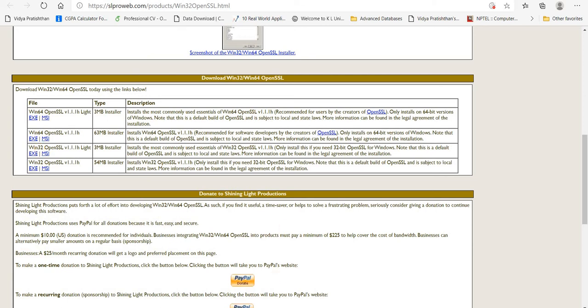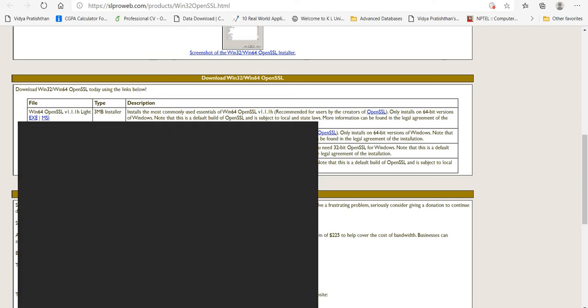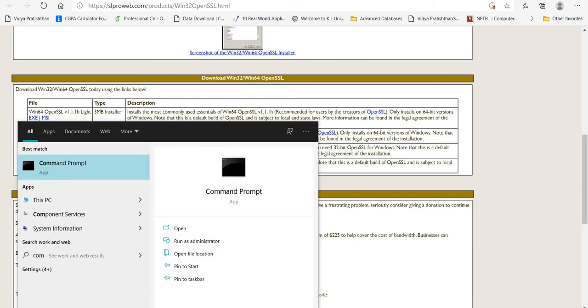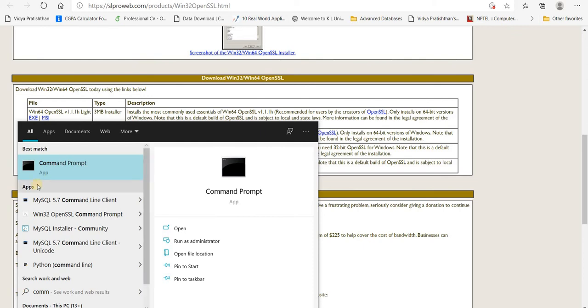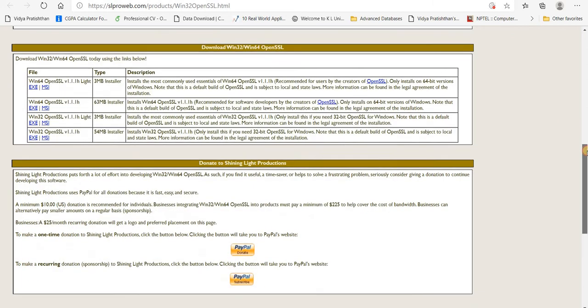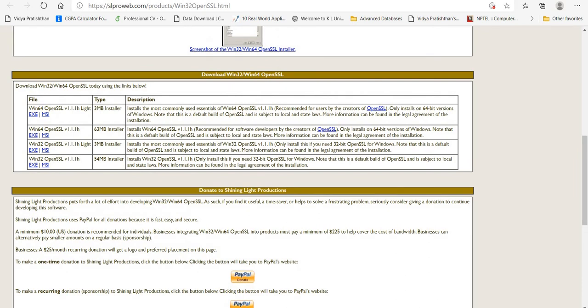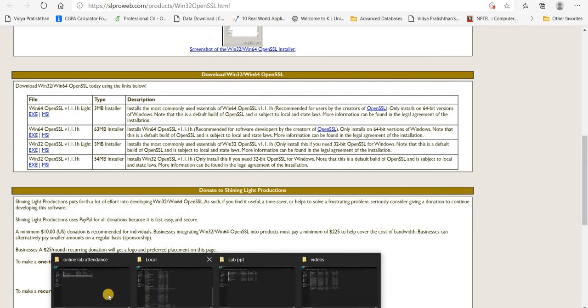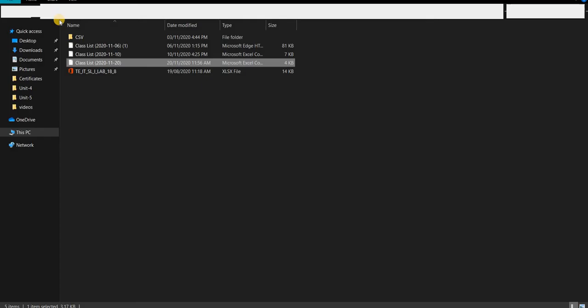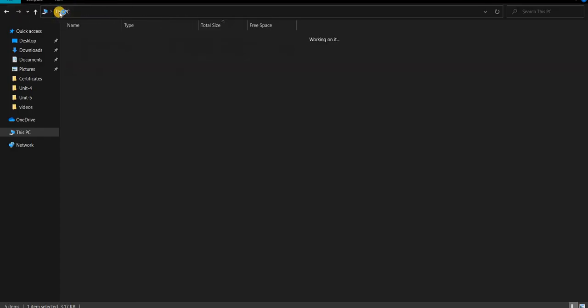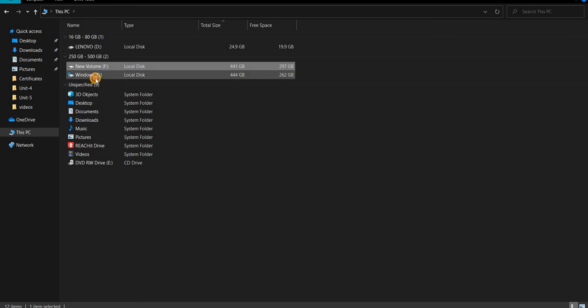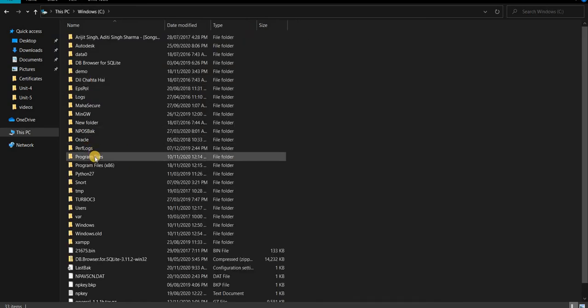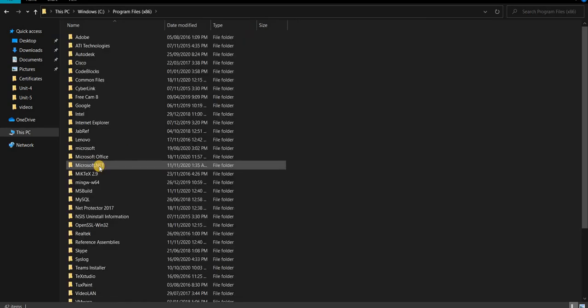After that, you have to open the command prompt. Now, on my machine it got installed on the C drive. So go to your C drive and Program Files x86.